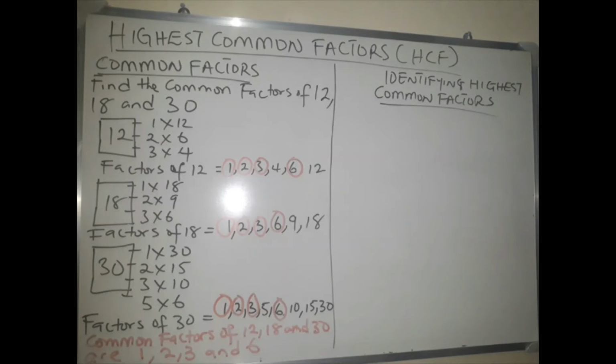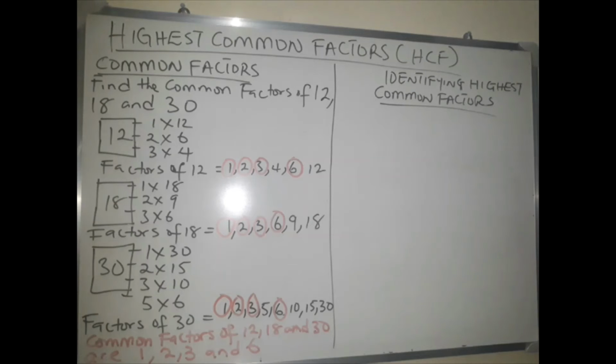Now, going back to the common factors of 12, 18, and 30, we've already identified that the common factors of 12, 18, and 30 are 1, 2, 3, and 6. But if we look closer, we can find out that some of these factors are larger than the others. For example, 2 is larger than 1, 3 is larger than 2, and 6 is larger than 3, 2, and 1. So if we follow the definition of what a highest common factor is, it's telling you that the highest common factor of a given set of numbers is the highest factor that can divide the given numbers